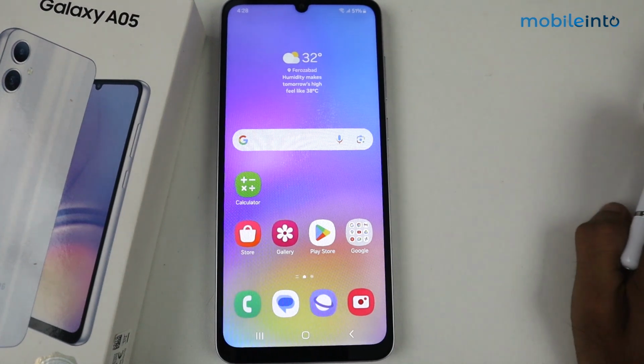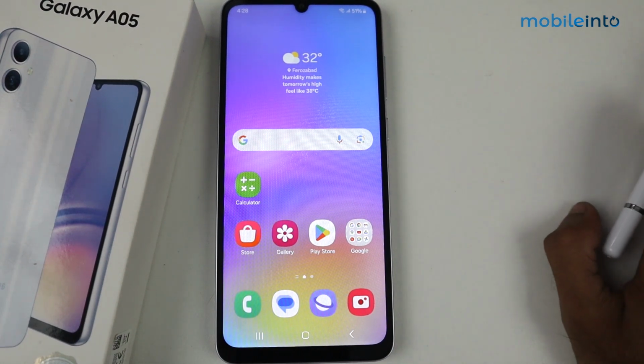Hey guys, what's up? In this video, I'm gonna show you how to add widget on lock screen in Galaxy